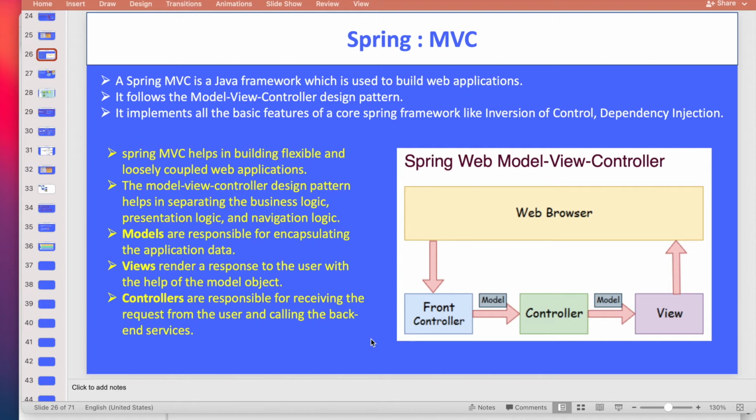I am going to set up one project for Spring MVC, but the beauty would be that I will not use any XML, not even web.xml. Everything would be from the Java configuration. But just allow me one minute to talk about Spring MVC, then we will move into the coding